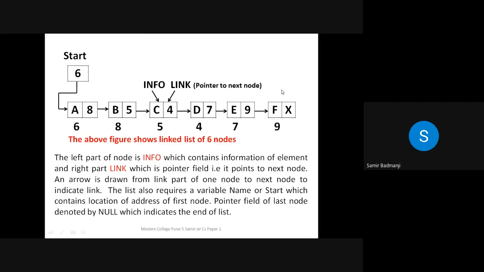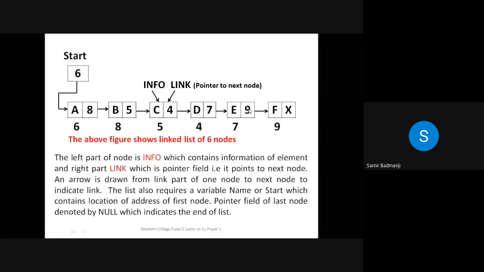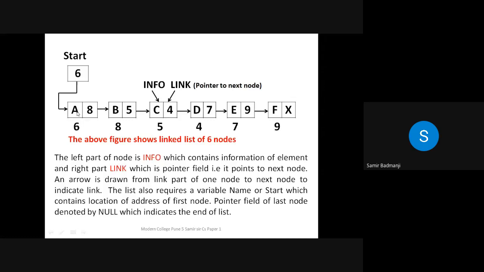Now see, these are random data. It can be numbers also, but for showing purposes, I have just used alphabets A, B, C, D, in sequence. It can be anywhere around, not necessarily in sequence. And these are nothing but the addresses or locations of the next element. You can notice this is the first address, start, and it is going to the first element. Where this A is stored, it is stored in address 6, or you can just assume that this is the address. So this is stored in the 6th location.